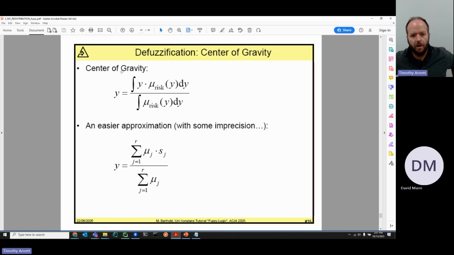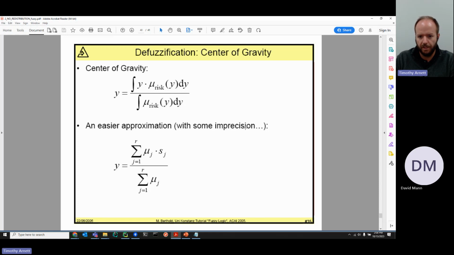Like I mentioned, one of the most common defuzzification methods is center of gravity. This is a lot of the default in most fuzzy toolboxes. One problem with center of gravity, in fact, the main problem with center of gravity, is the complexity of doing that calculation. You have to do this integral. So a lot of people approximate it in different ways. One way you can do this is by discretizing it and doing the Riemann sum or some other representation of center of gravity that is a much faster approximation.